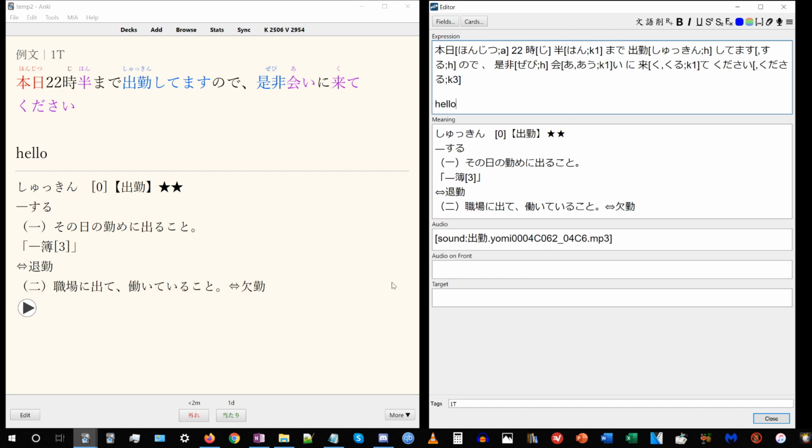And so the idea is some people, instead of just editing in place, they might prefer to use the editor to edit their cards because maybe they have other add-ons that put other options in the little bar right here and they add special effects to the text or whatever. And what this allows for is for you to basically keep the editor open at all times so that you don't have to constantly open and close it and wait for your cards to load and reload as you're making changes while you review. So we can see that if I go to the next card, we can just keep